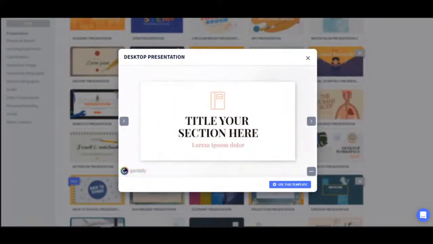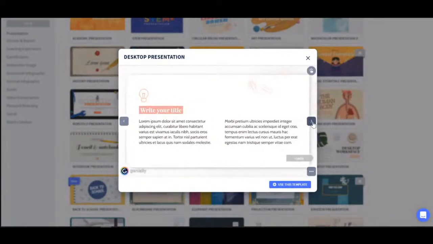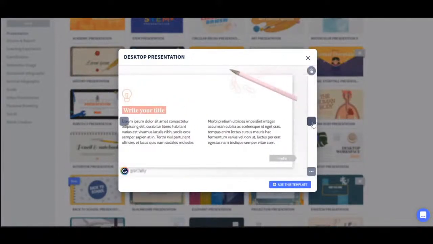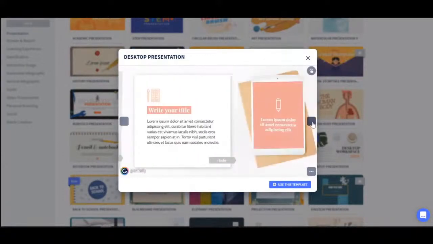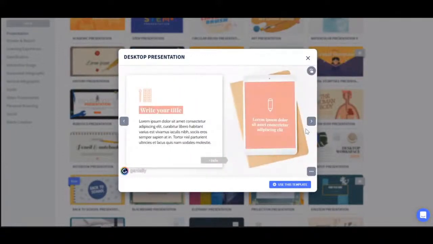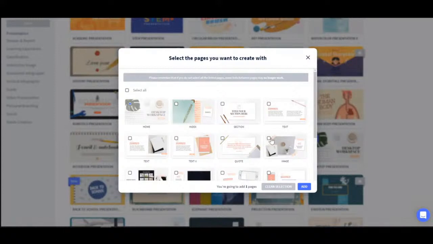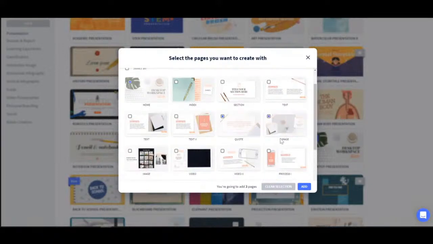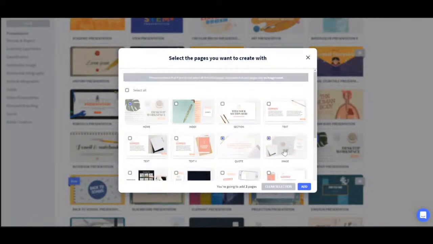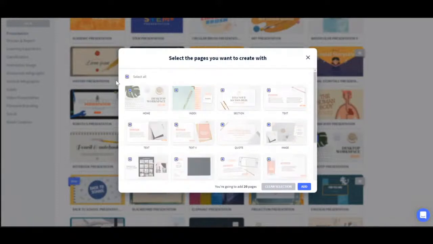So keep in mind that templates are the base over which you're going to add in your own content. And you can be as loyal to the template as you want, or you can personalize it down to the smallest detail, from text to the images, videos, the colors, anything you want. So let's see how to do it. By clicking on Use this template, we can get started with our personalization even before we enter the editor. Here, we can choose which pages that our Genially will have. You can choose pages by clicking on each one, and we'll click Add to start editing. Today, we are going to select all pages.